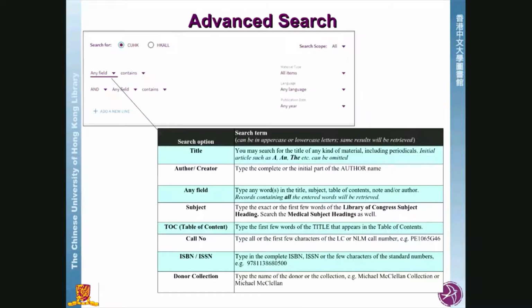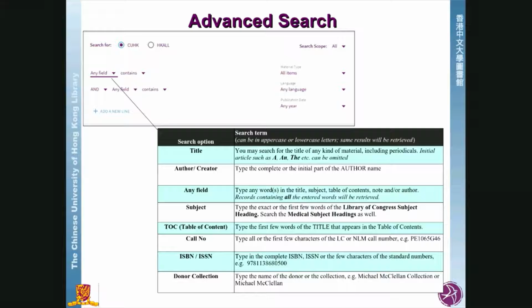And what does it have? When we click the pull down menu, the first one is any field. Any field means we search every field in the records and the full text. We do not specify it. That means it's the same as the basic search. So if we don't want to do that, maybe we want to specify a field, then what kind of search